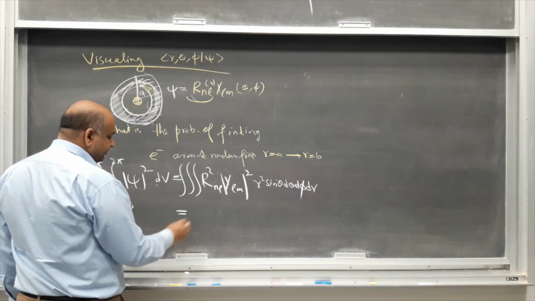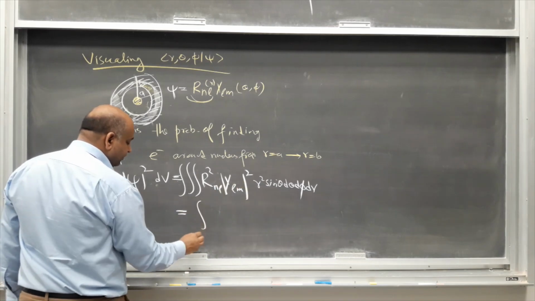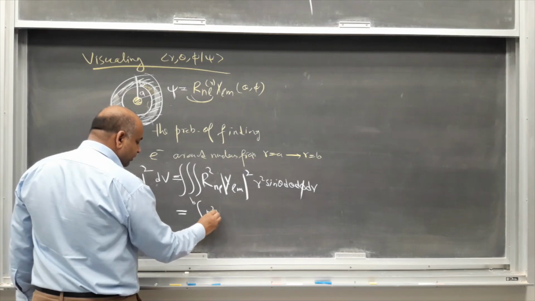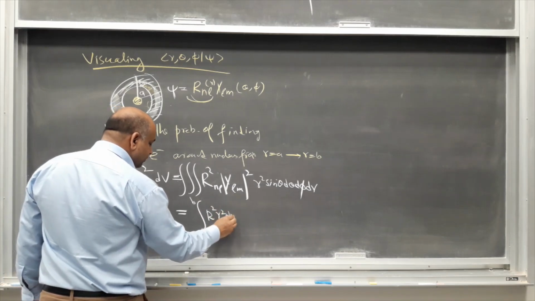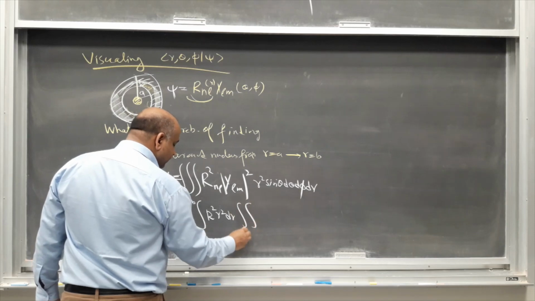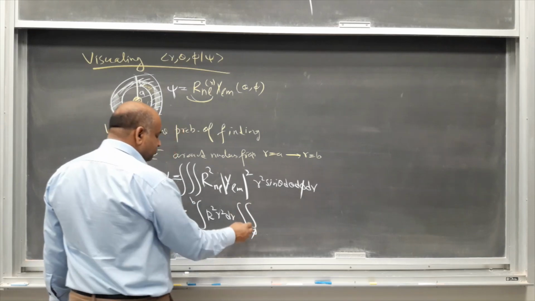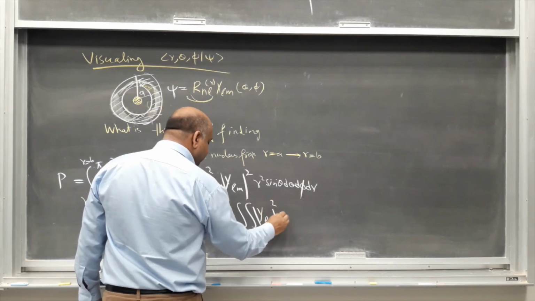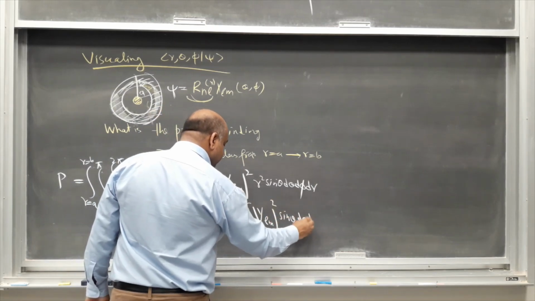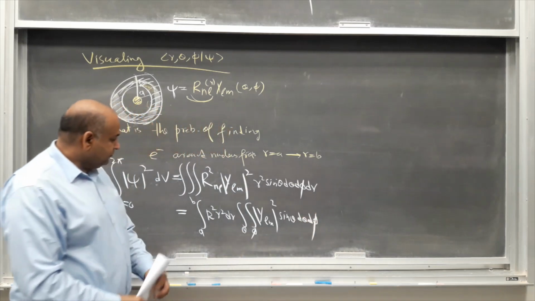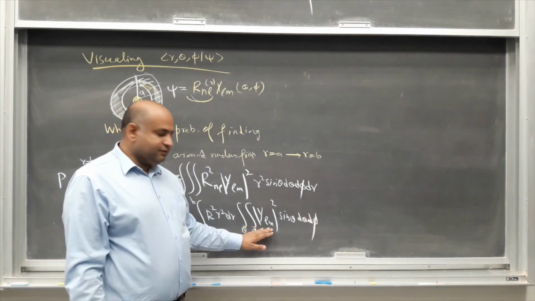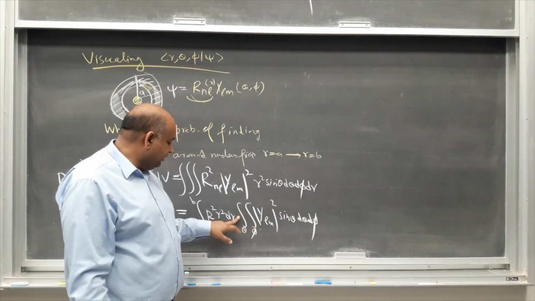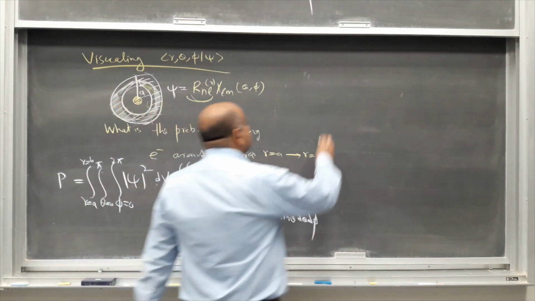And I can separate this into two parts. Integration over r from a to b is R squared times r squared dr. Integration over theta and phi over the full range is |Y_lm| squared sine theta d theta d phi. But these Y_lms are already normalized over the full solid angle range, so this integrates to unity, and I'm left with